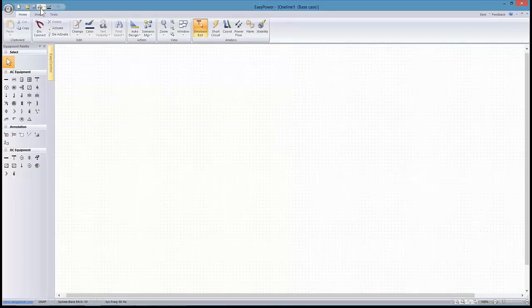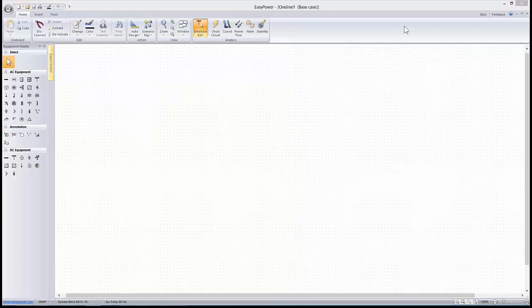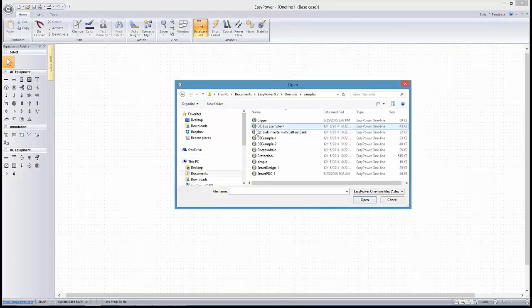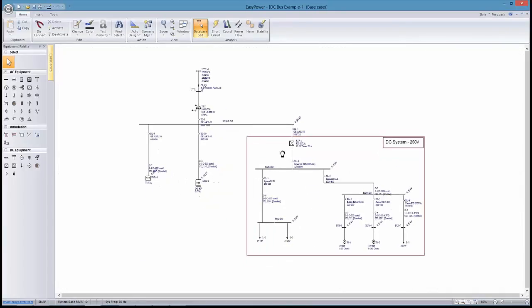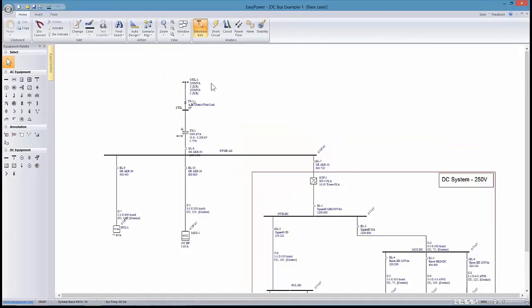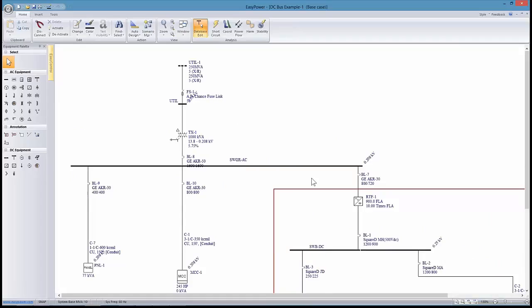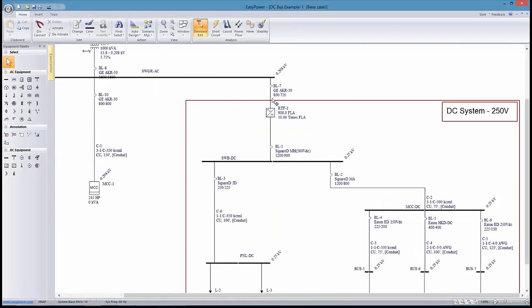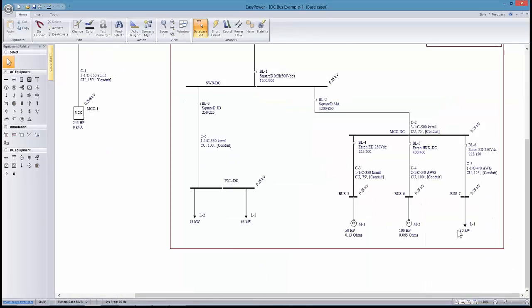So let's jump out of that straight into our EasyPower example for DC arc flash using batteries. All right, specifically we're going to use the example in the samples file called DC bus example 1. And if you recall, this is what we used for our arc flash analysis last week. Here we have the AC system, a step-down transformer from 13.8 to 208. We have a DC system with a rectifier that supplies a 250 volt bus with the requisite loads and